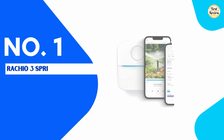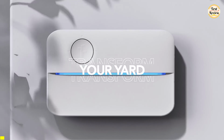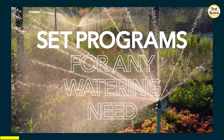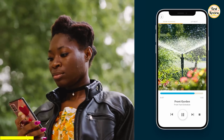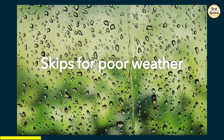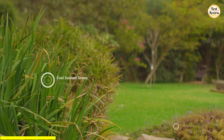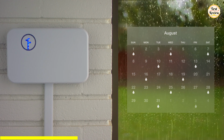At the top of our list, we have the Rachio 3 Smart Sprinkler Controller. The Rachio 3 replaces outdated controls with sleek app-based automation, making it easy to manage your irrigation from anywhere using your smartphone. Its patented weather intelligence takes care of everything, automatically skipping watering when it detects rain, high winds, freezing temperatures, or soil saturation. And with seasonal adjustments and grow-in schedules, your lawn gets the precise amount of water it